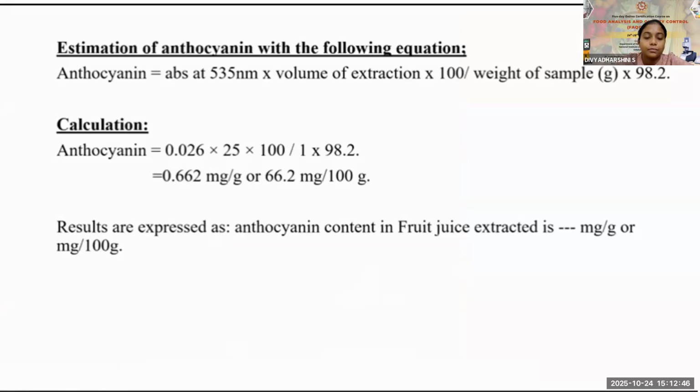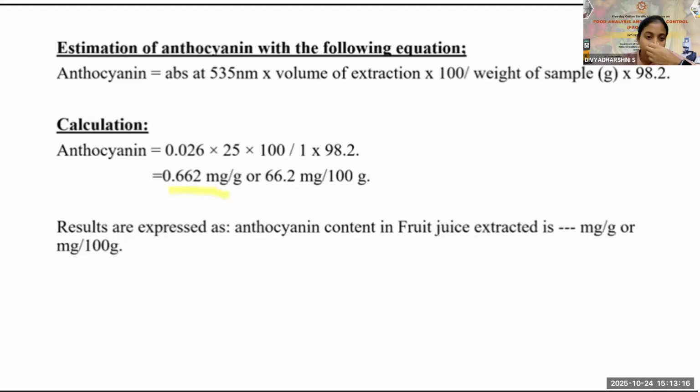So estimation of anthocyanin with the following equation. Once we get the absorbance at 535 nanometer, just substitute it. So absorbance at 535 nanometer, then volume of extraction 25 into 100 and divided by the weight of the sample, which I have measured in gram, into 98.2. So I have used 1 gram of sample. So 0.026 is the absorbance at 535 nanometer. So we can say that